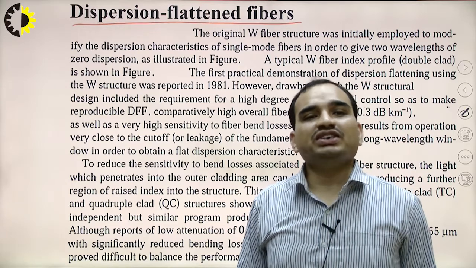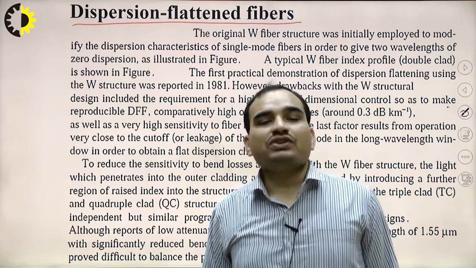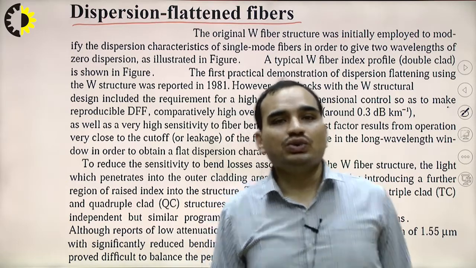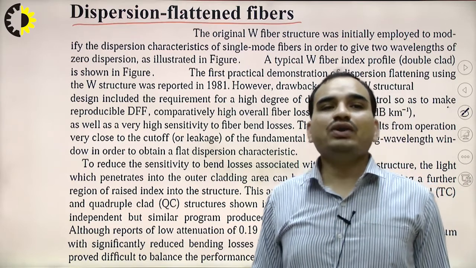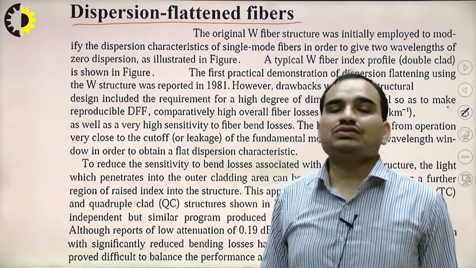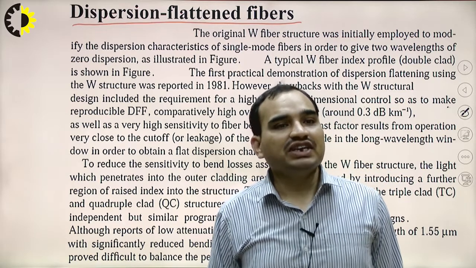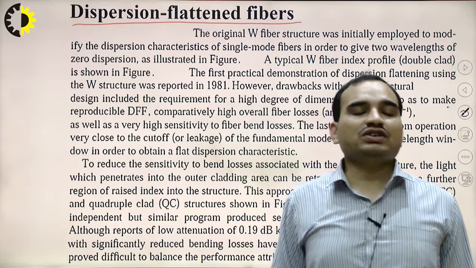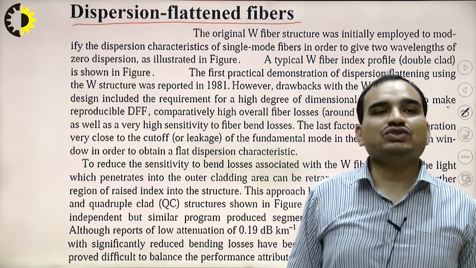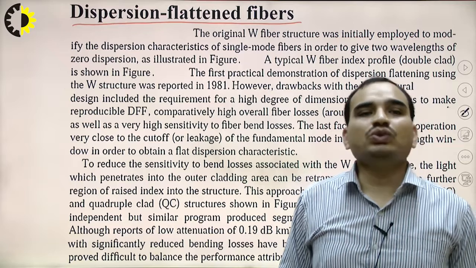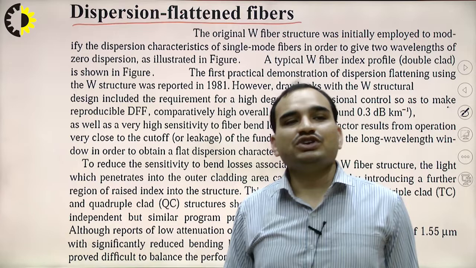However, the drawbacks of the W structural design include the requirement for a high degree of dimensional control to make reproducible DFF, comparatively high overall fiber loss, that is from 0.3 decibels per kilometer, as well as very high sensitivity to fiber bend losses. The last factor results from the operation very close to the cutoff of the fundamental mode in a long wavelength window in order to obtain a flat